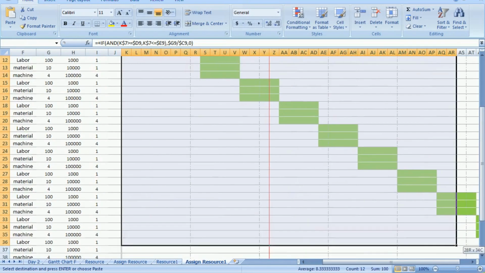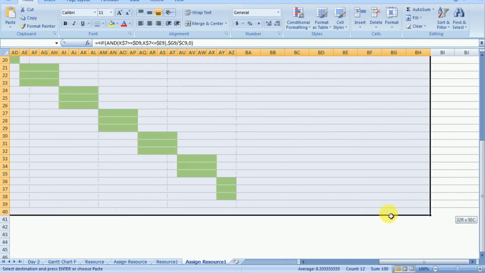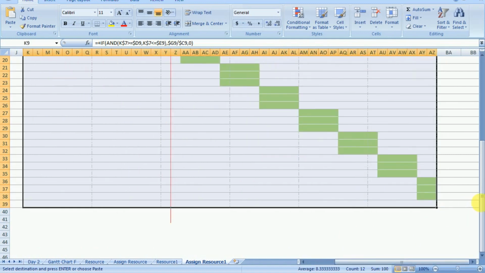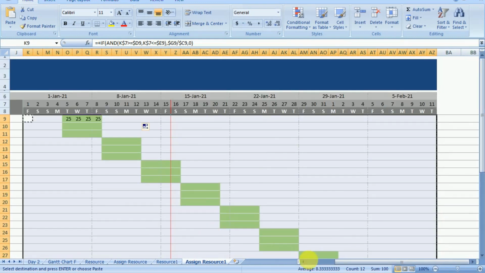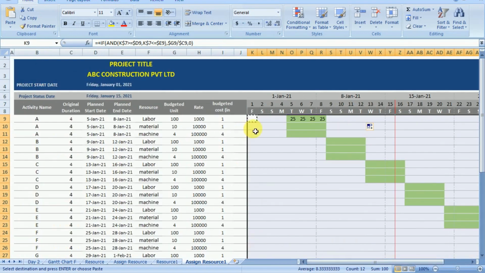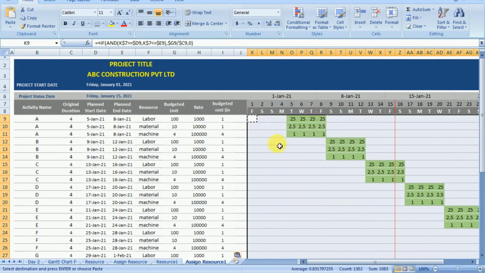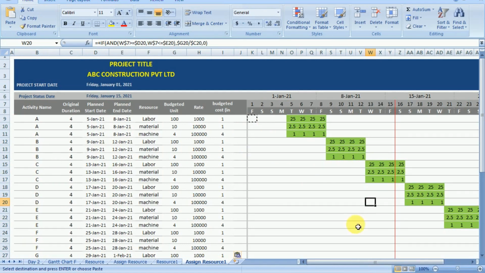Now we will copy this formula in the entire area of the Gantt chart. We just have to be careful while using the $ sign. If the $ sign is used properly, we will get this output. By now we have sufficient knowledge of the $ sign, so this output is expected. So in all the green area we will get the resource required for that day.